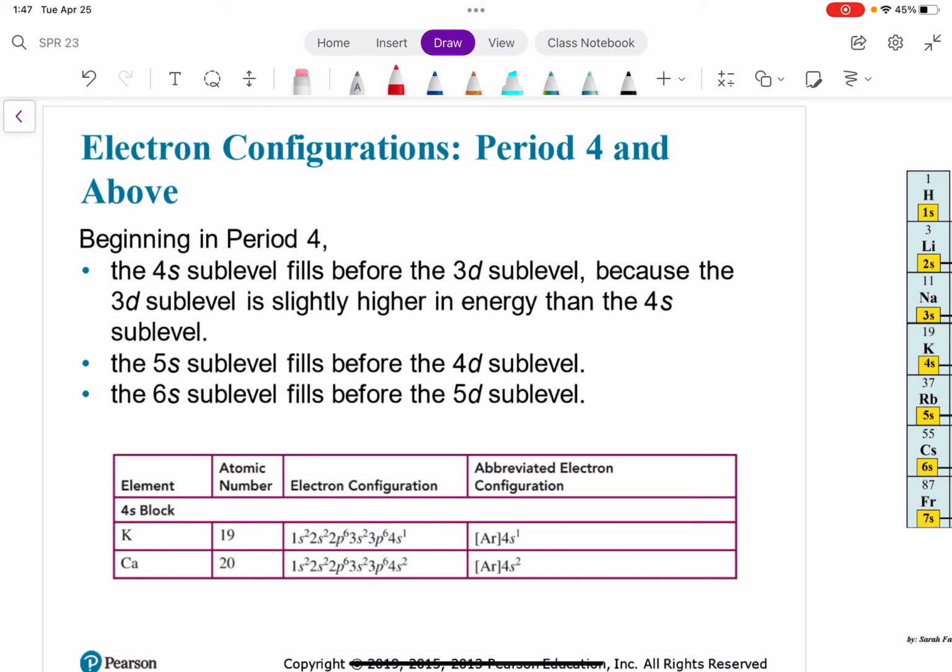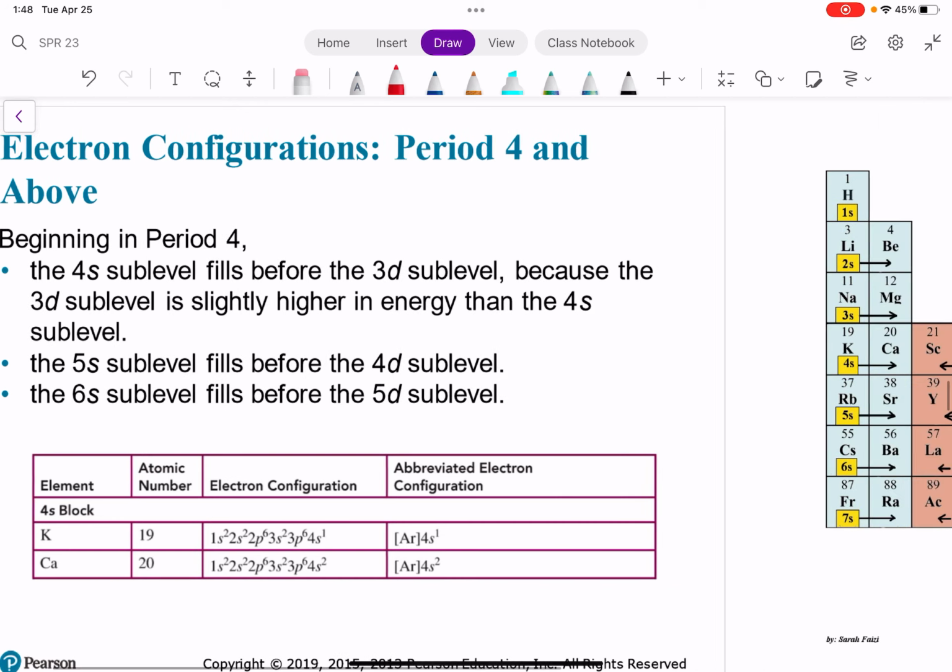So for sublevel blocks in period 4, the 4s sublevel actually fills before the 3d sublevel. And that's just because the 3d sublevel is slightly higher in energy than the 4s sublevel. We also see this with the 5s sublevel, which fills before the 4d, and the 6s sublevel, which fills before the 5d. So if you look at the periodic table,